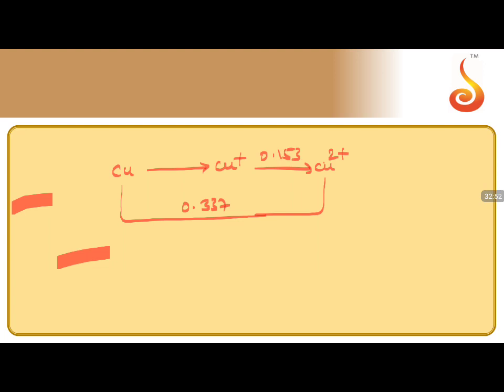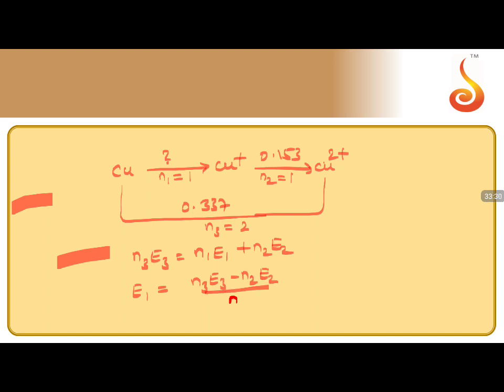0.153. So this is going to be the next one, Cu 0.153. If I have this with me now, what is the value of this is the question. Now here N1 is 1, here N2 is 1, here N3 is 2. The formula for us, N3E3 is equal to N1E1 plus N2E2. This is the formula. So if I want N1E1, E1 is equal to N3E3 minus N2E2 by N1, which is